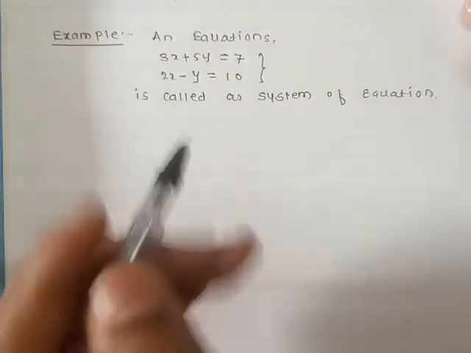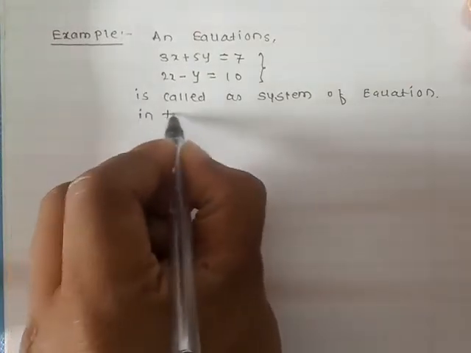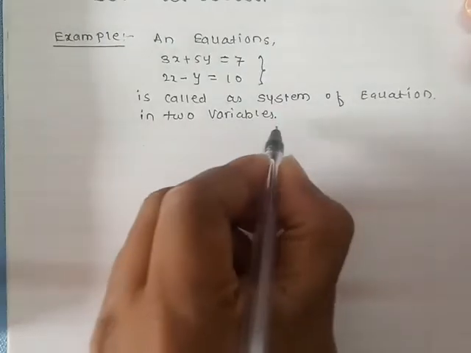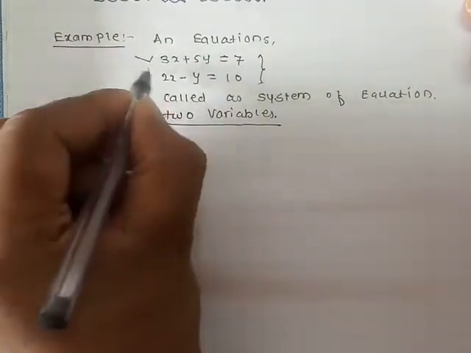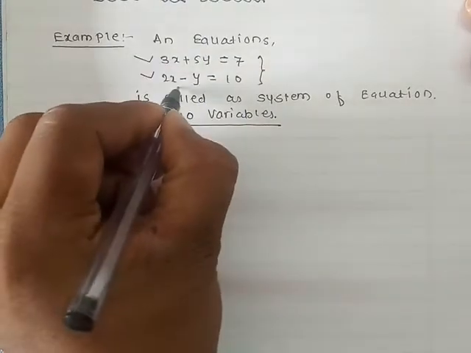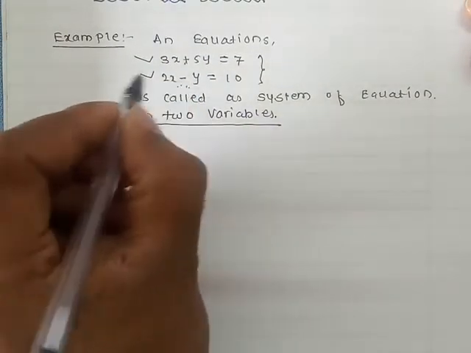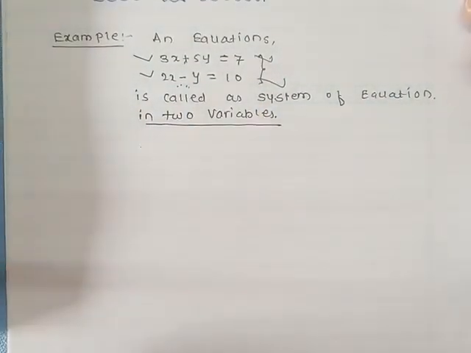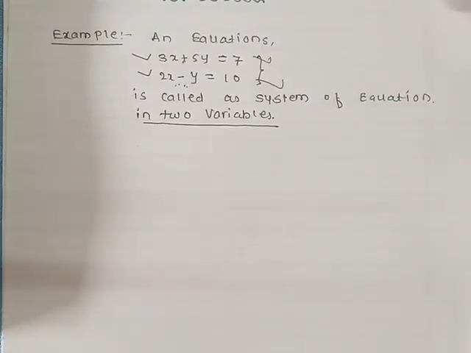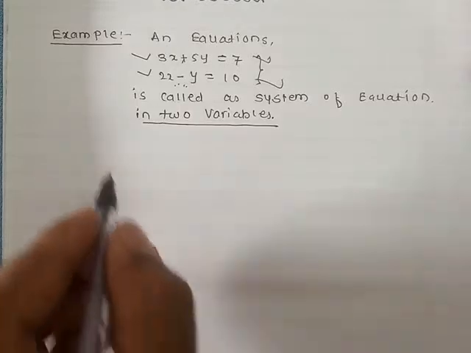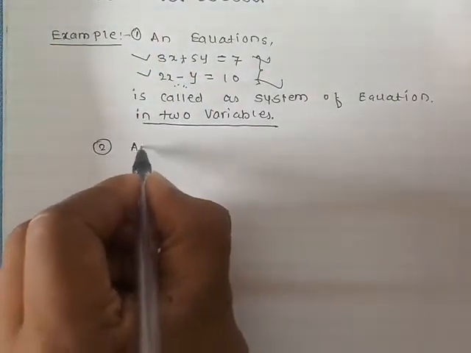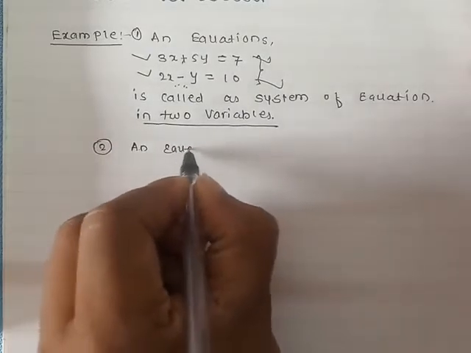So this is a system of equations in two variables. By solving these two equations, we are finding x and y such that x and y simultaneously satisfy these two equations. So this is called as a system of equations. Similarly,